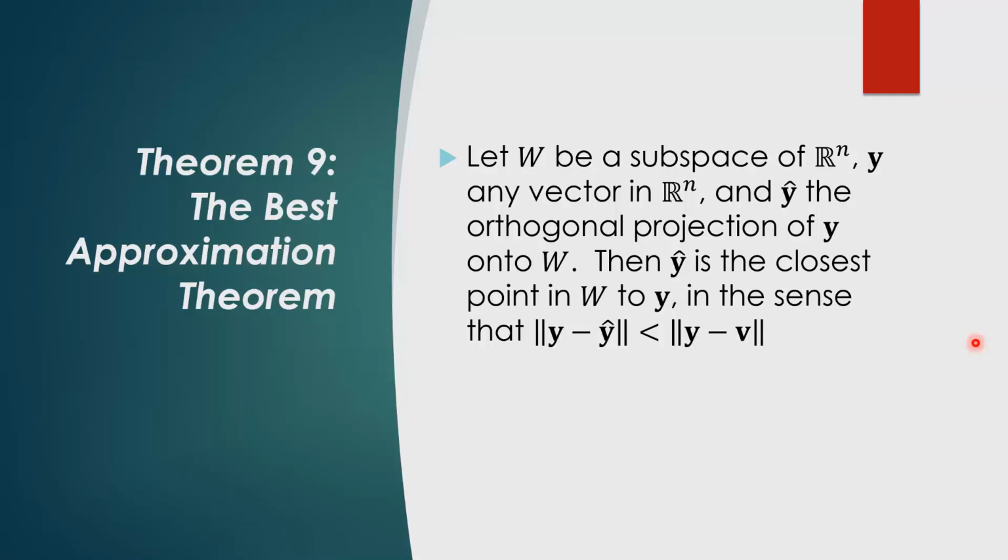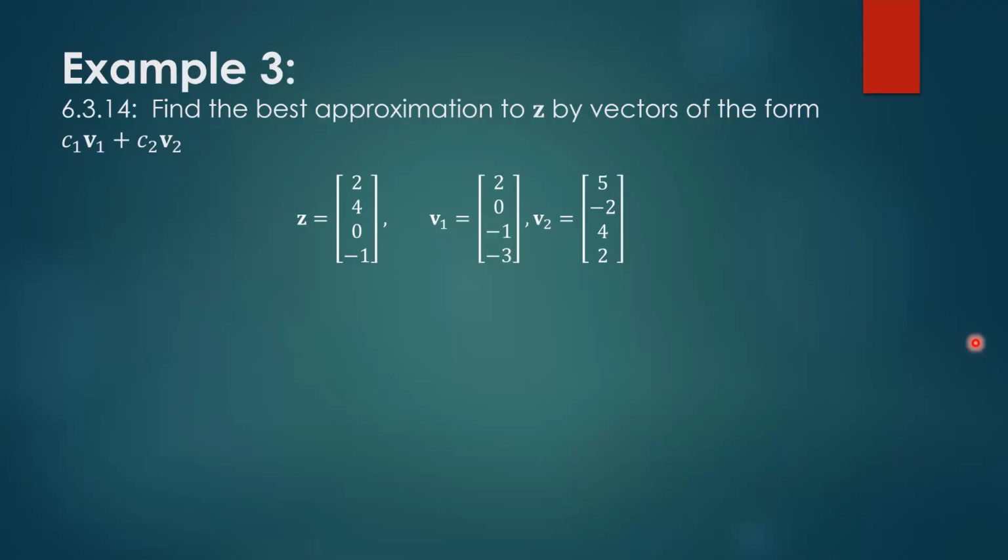So essentially what this is saying is that when we're asked for the best approximation, we use y hat, the projection formula. So here's our example. Find the best approximation of z by the vectors of the form c1 v1 and c2 v2. Essentially what they're asking us is that imagine v1 and v2 span a subspace W, then z being projected onto v1, v2 would look something like this, a linear combination of v1 and v2,